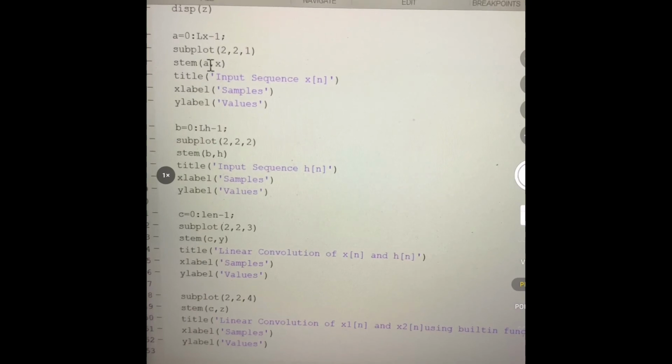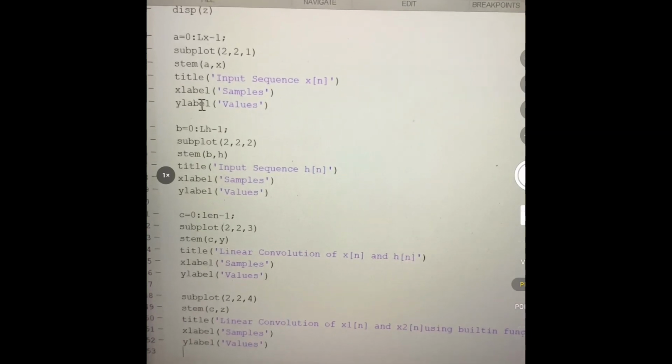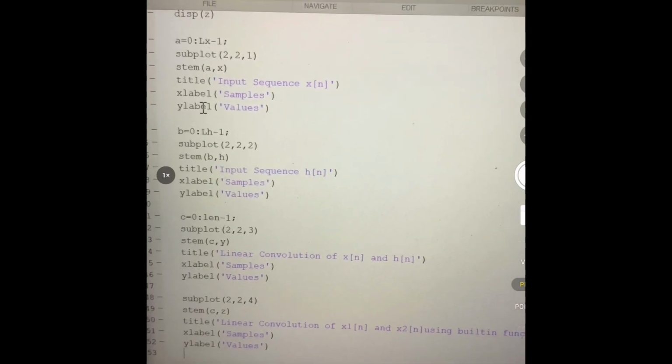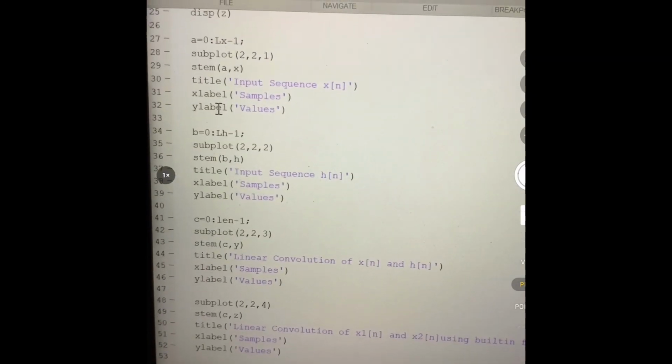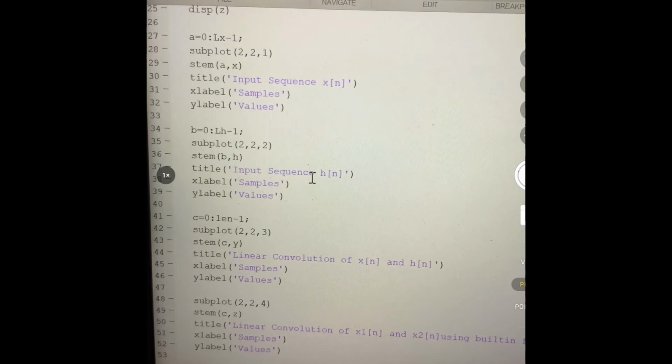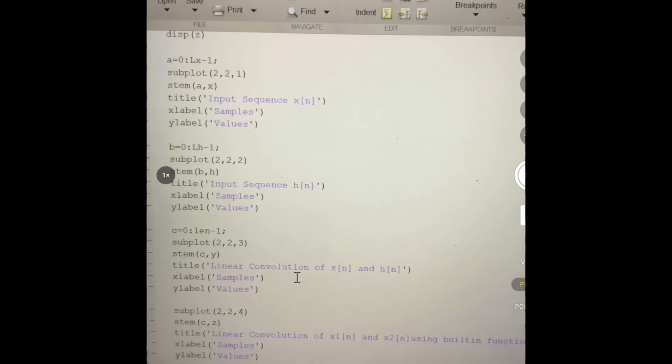A is the x-axis and x is the y-axis. Title, xlabel and ylabel will give the title, x-axis label, and y-axis label to the graph. Similarly, the impulse response and the linear convolution using the inbuilt function and without using the inbuilt function can be plotted.